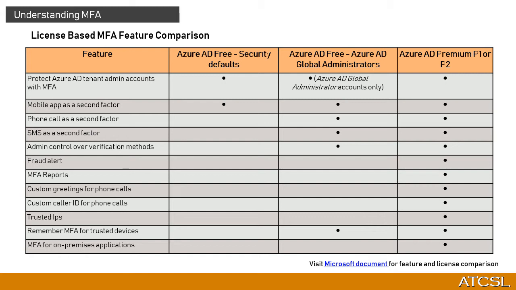And lastly, one of the important features that you get with Azure AD Premium P1 or P2 is the MFA for the on-premises applications. And what is that? It is actually you are able to set the multi-factor authentication for your on-premises applications, and any user trying to get in has to undergo the two-factor authentication. I have provided a link to the Microsoft documents for the feature and license comparison. In case you want, you can click on the link and go there and have a feature comparison and then decide which version is apt for you.